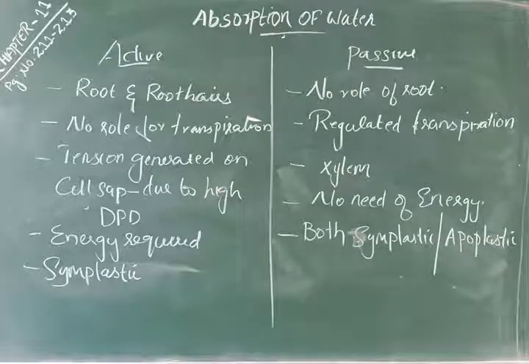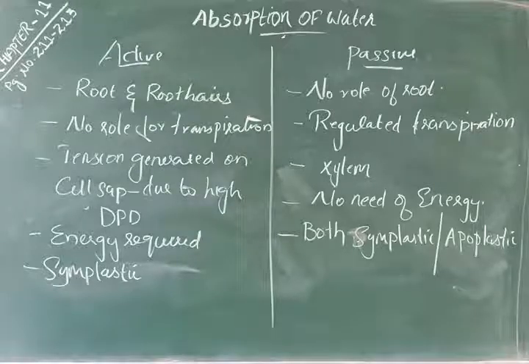Then the tension which is generated on the cell sap due to the high diffusion pressure deficit in cell sap helps in the absorption of water, whereas in passive the xylem contains the high diffusion pressure deficit,